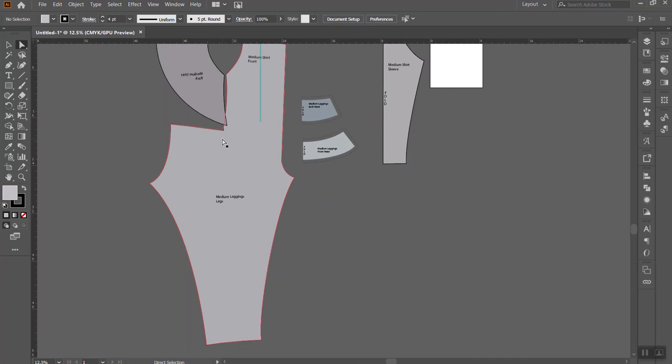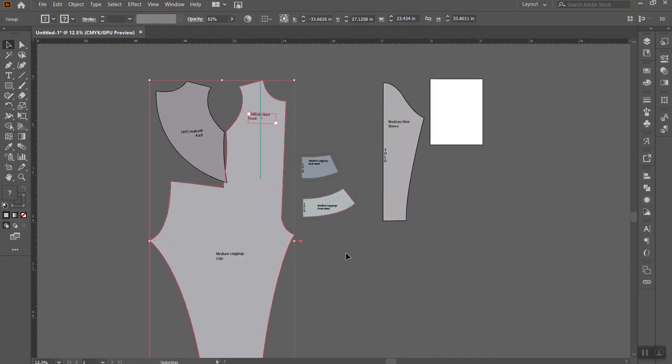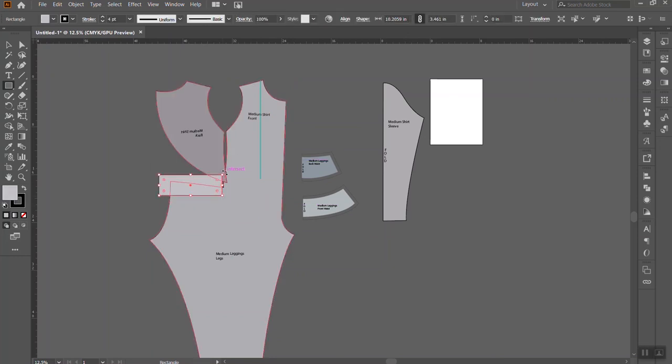So I want this to have an elastic waist, so let's make a quick rectangle. If we want to, we can even use the shape builder tool to get that rectangle exactly, or if we were making a casing, we could use the shape builder tool to make a facing, right? So let's do that really quick. If I draw a shape, and I'm going to make it a little bit opaque so we can see what's going on, I'll rotate it